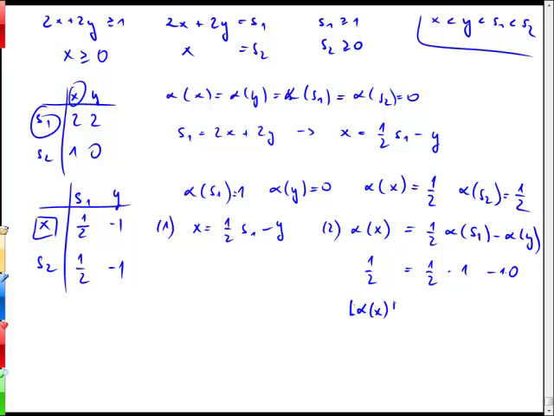The fractional value of alpha of x is 0. And what I do is, from 1, I get the value, so x minus the fractional part of x, this is 0, equals